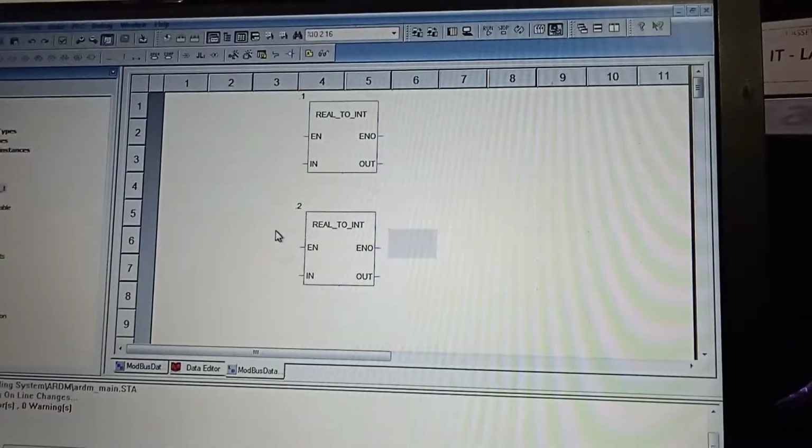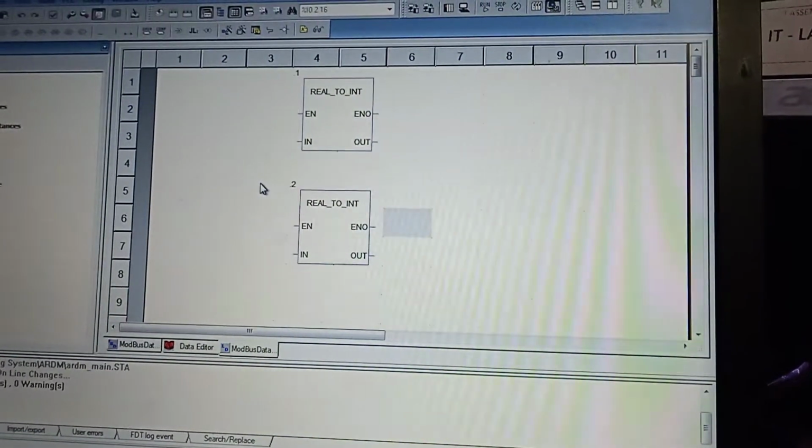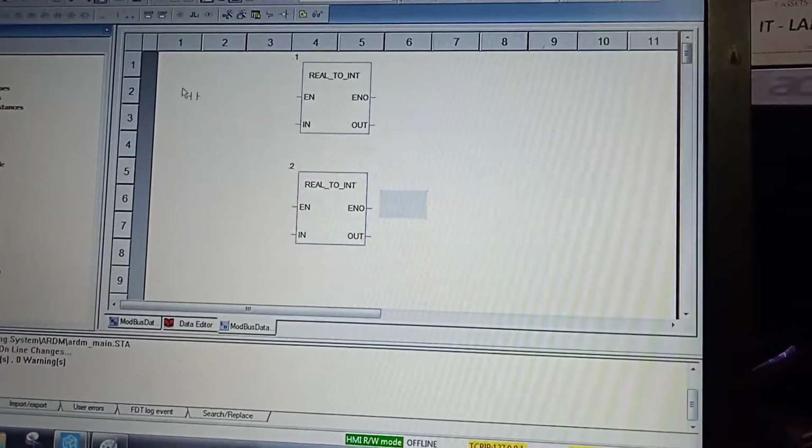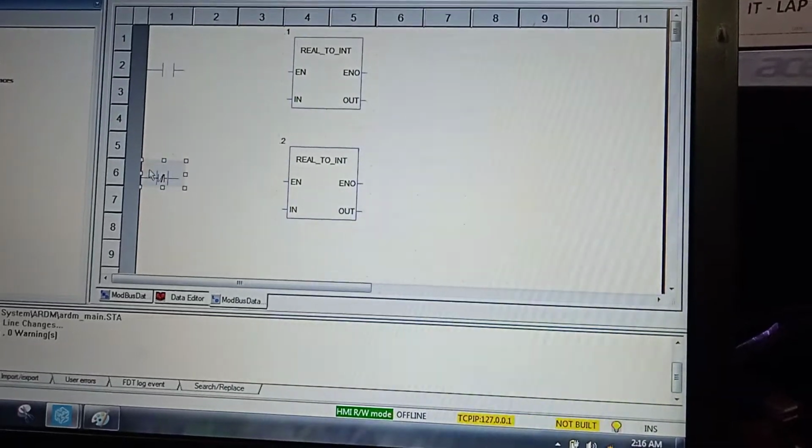Say I want to send the status of a particular digital pin. For that I will use one NC and NO contact.